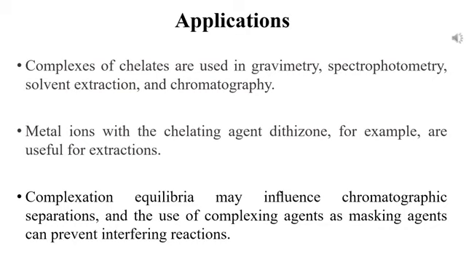So when we want to extract vanadium, we can chelate it with a chelating agent like oxine. But in this case, as copper is also present, we don't want to extract copper. So we will add the EDTA, and this copper will form a complex with the EDTA, and we can separate the vanadium oxine chelate for separation of vanadium.